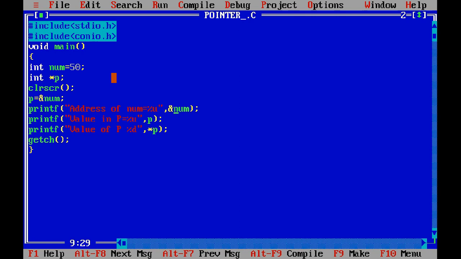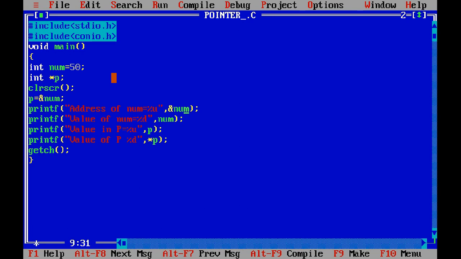And then printf value of num is equal to, this is a simple statement, simple variable access, right? Comma num.